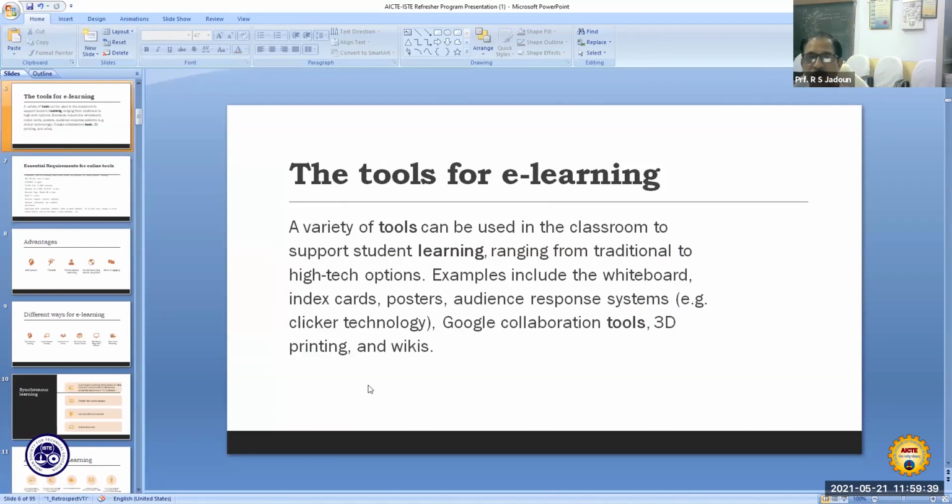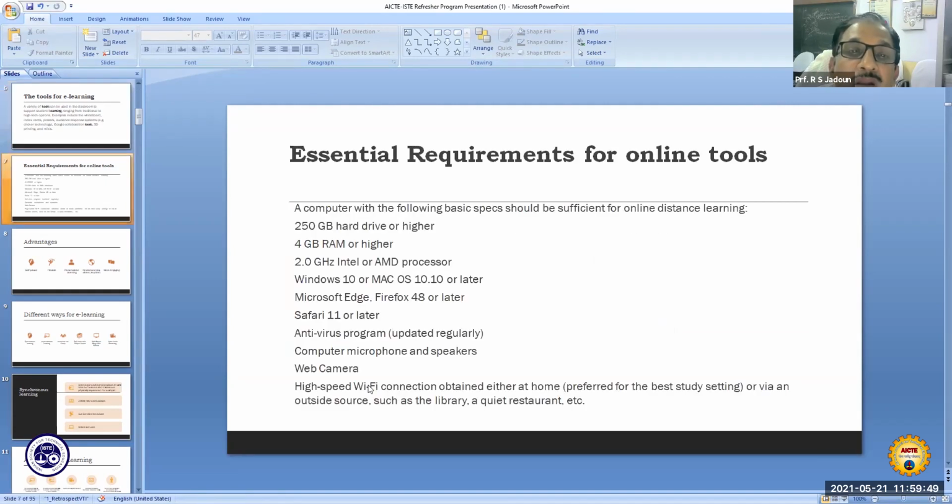These days, various tools are available for e-learning that we all are using, we all are understanding. The primary requirement for using online tools is that you have to have a device through which you can deliver or connect with your students, with your audience.